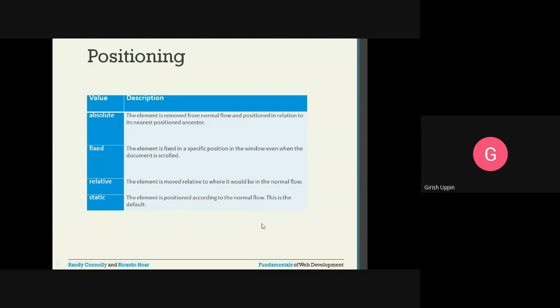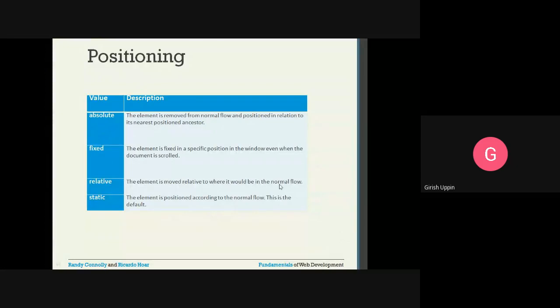Suppose you have a web page like this, and you have a certain element here, and you have set that position value as fixed. Then even though you are scrolling down, let us say you have a lot of information on your web page, and it goes into multiple pages, so that you have to scroll down to look at all the information.